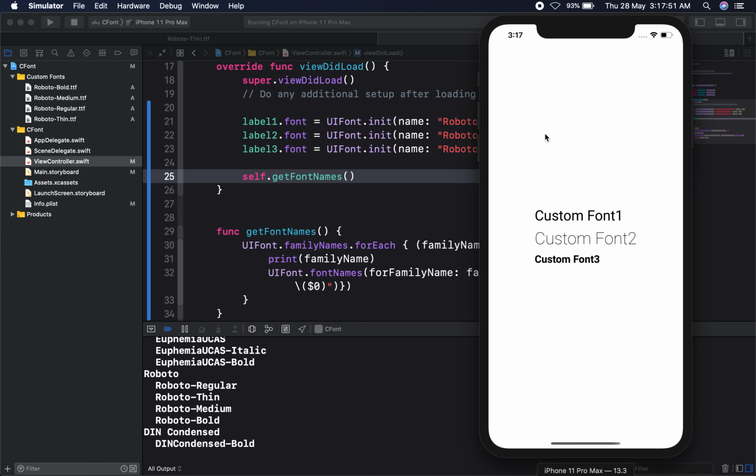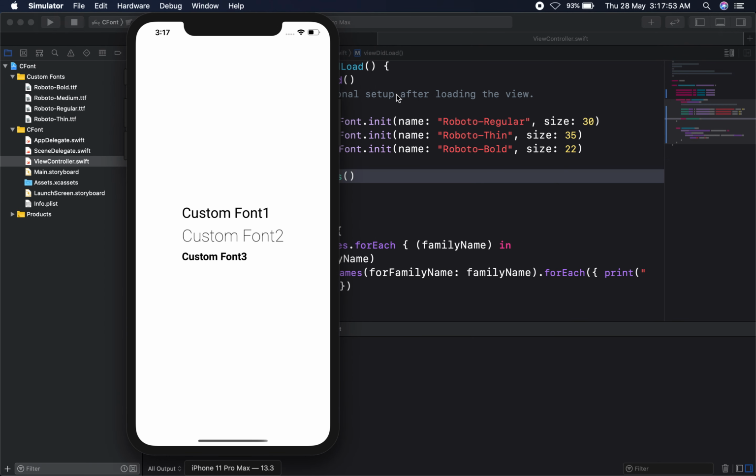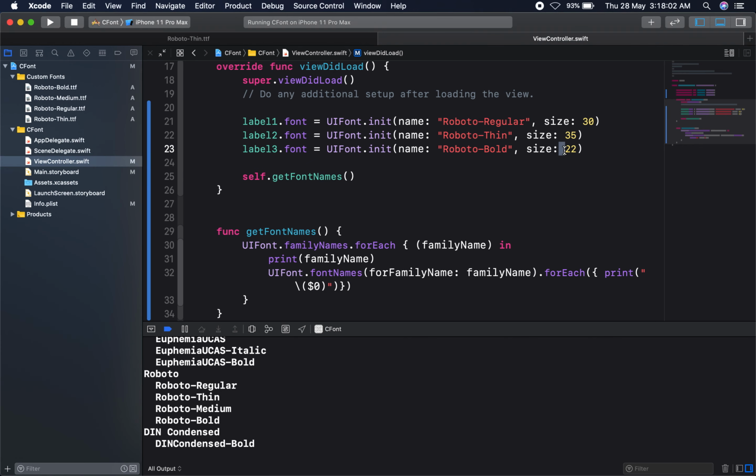You can check, right? Here I used Roboto regular, Roboto thin and Roboto bold. These three fonts will be changing in our application.